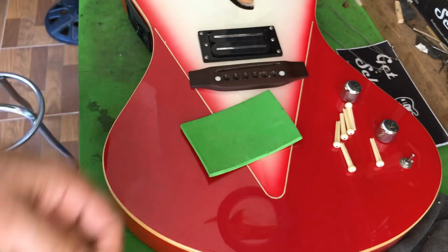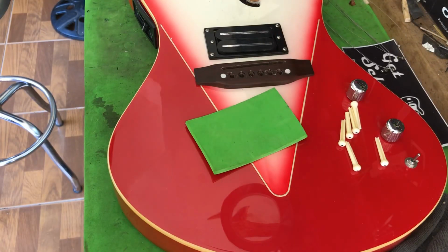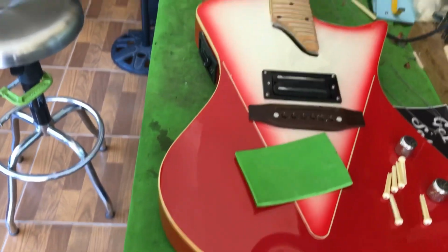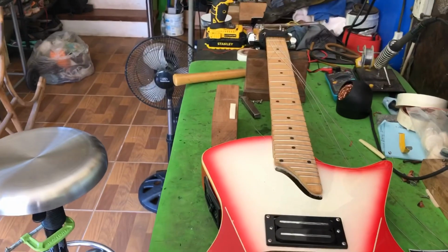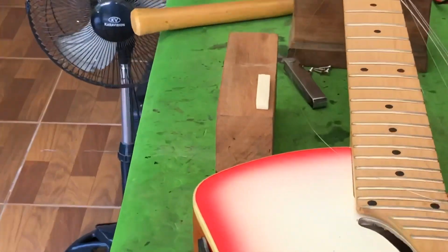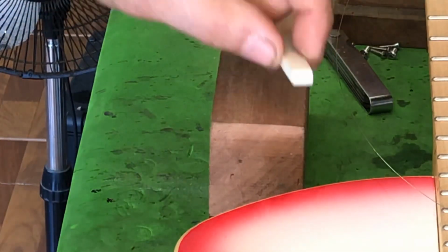Alright, let me do that off screen. I'll be right back. This is going to take me a few minutes. Okay, it dawned on me, maybe you might like to see me doing that. So let me zoom in a little bit and you can watch me adjust this now. That looks pretty good, huh? That's the future nut. This is the saddle